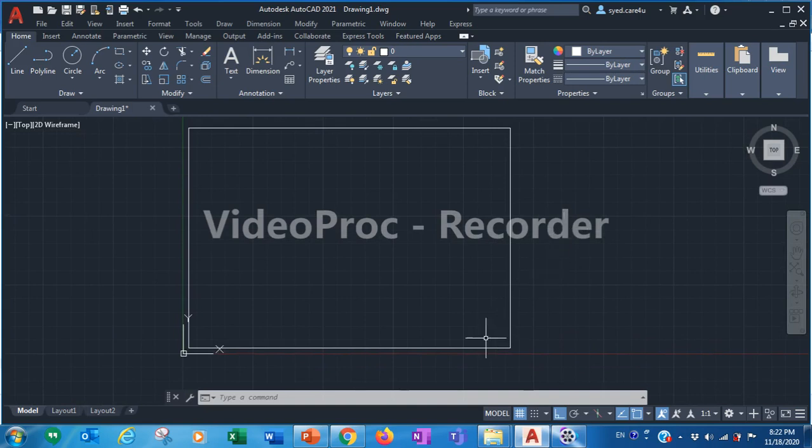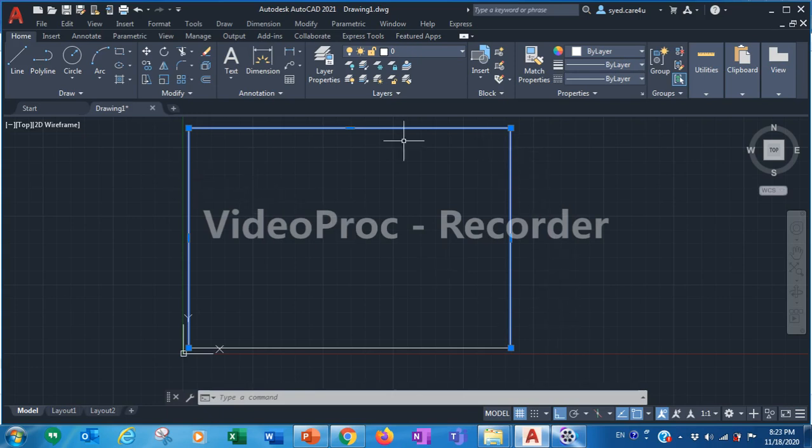Now you draw the margin. What is the difference between line and polyline? With line, it will consider each line as one part. Whereas, see here, if I click here, these three lines got selected. Why? Because it is considering all these three lines as one single part.